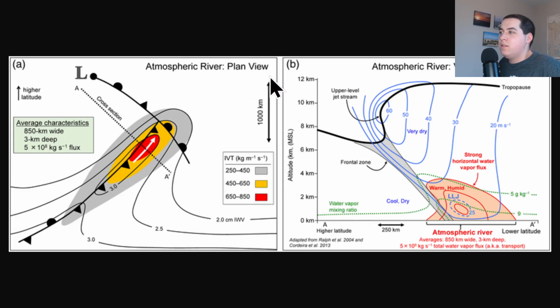So you can see here, this is showing a view from the top, and you can see an atmospheric river is basically a small area, small relative to the size of the Earth. It's 850 kilometers wide, 3 kilometers deep, and you can see how it has a warm front and a cold front embedded in it, and then you have this high area of water vapor transport. IVT is called integrated vapor transport, basically how much water is in the atmosphere, and that area right in here, the yellow and the reddish there, are the heaviest rain in the atmospheric river, and that is right in this part here.